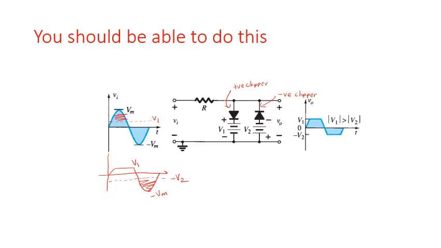When you are actually solving this sum, you will have to write step number 1. What happens? I'm going to name both my diodes. This is going to be diode D1. This is going to be diode D2. So what happens to D1 in the first positive half cycle? What happens to D1 in the negative half cycle? What happens to D2 in the positive half cycle? What happens to D2 in the negative half cycle?